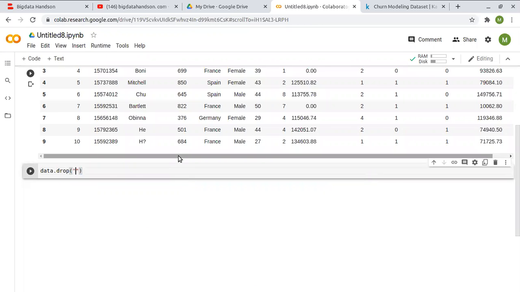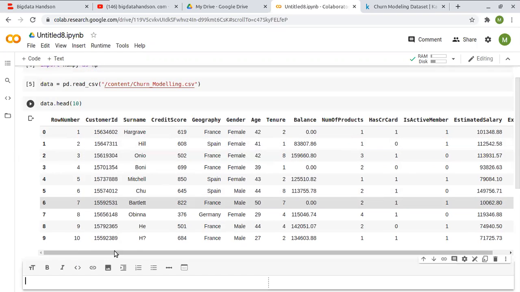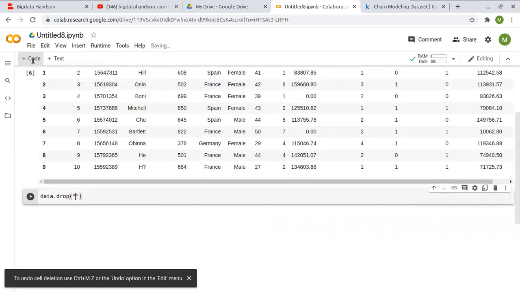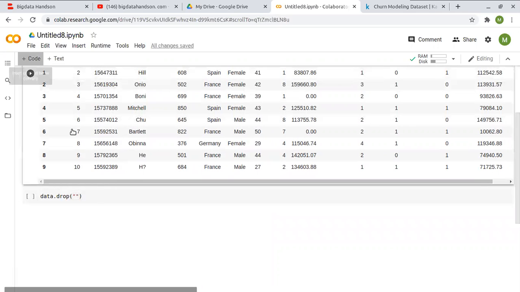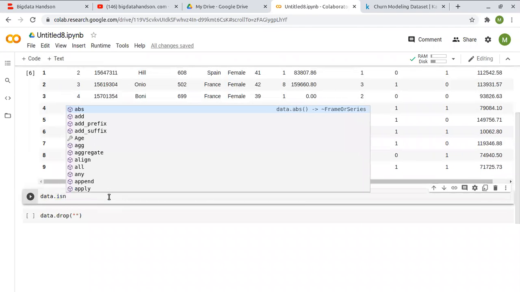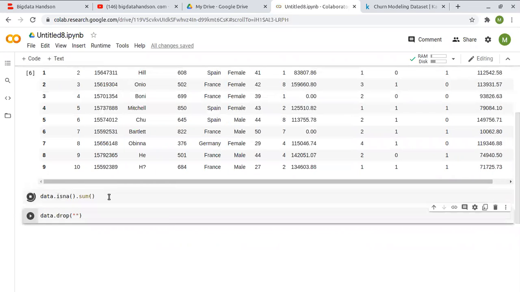Before that, we'll see whether it has some empty values or not. So I'll use a code cell, not text. Check whether it has null values. I can say data.isna().sum().